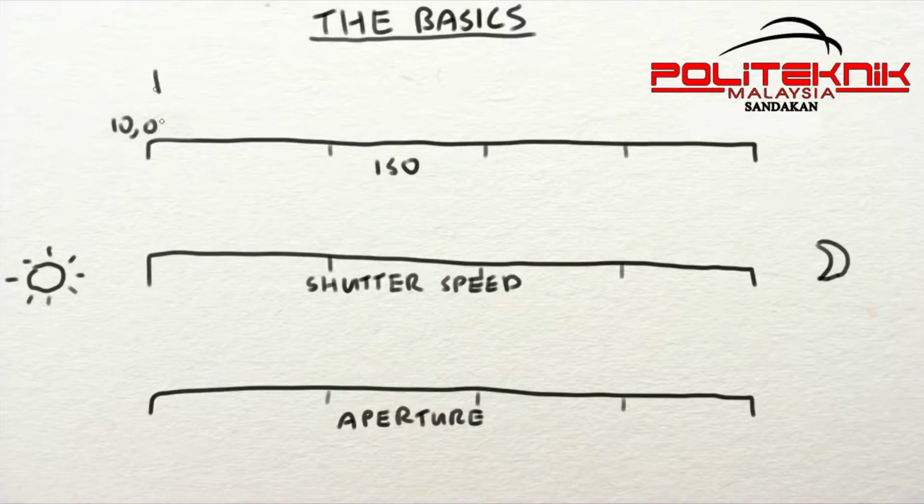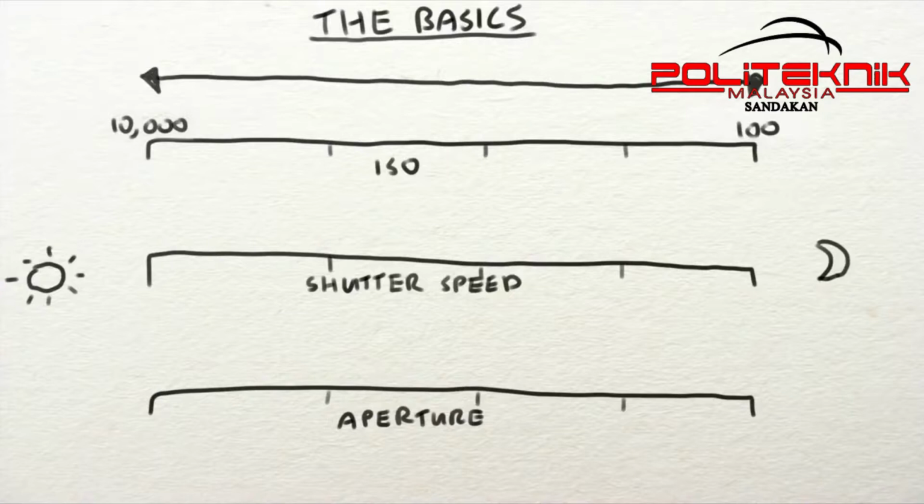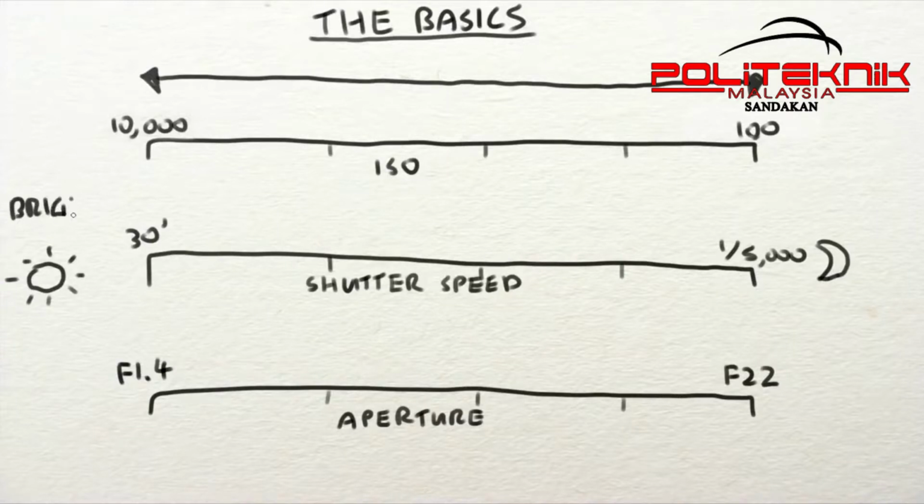So I'm just going to draw a little timeline here. On the left your image gets brighter, and then on the right your image gets darker. So a higher ISO will make your image brighter, a lower one will make it darker. A longer shutter speed will make it brighter, a quicker shutter speed will make it darker. With a lower aperture number, it lets more light in, and then a bigger aperture number lets less light in, so it's darker. So those are basically the three things that they all have in common, and then they also change their